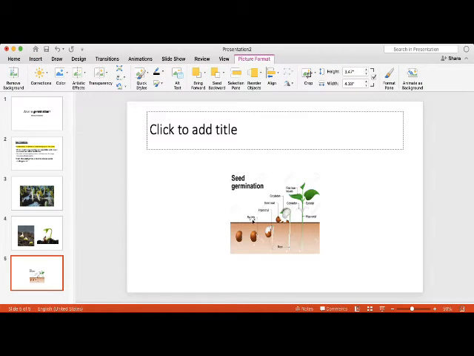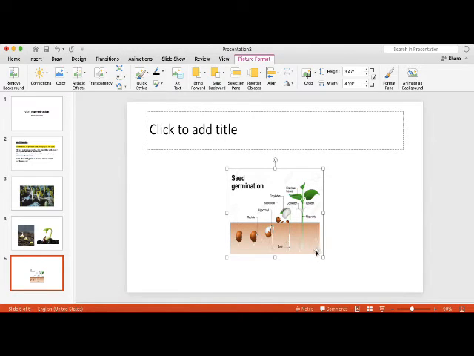Now, we will practice the picture formatting tools. When you click on this picture, you will see that some little boxes will appear at the corners of this picture. The first option that we have to format our picture is to resize the picture. How can I resize this picture? Resize means to make it bigger or smaller, to make it larger or smaller.